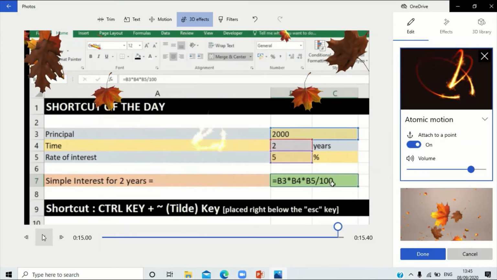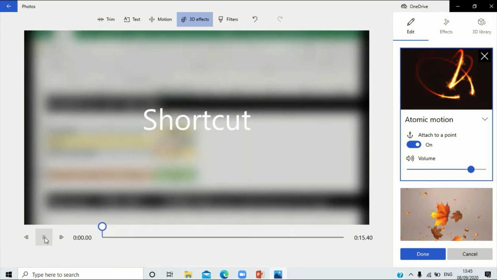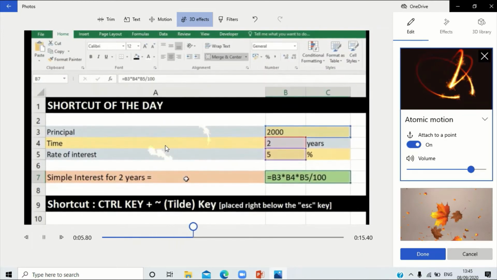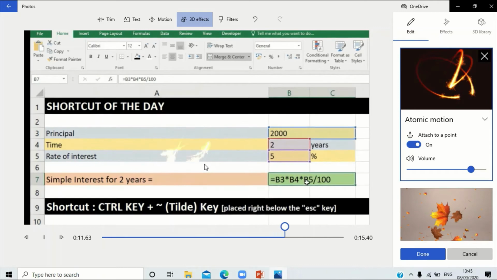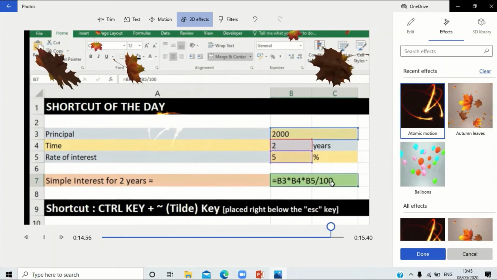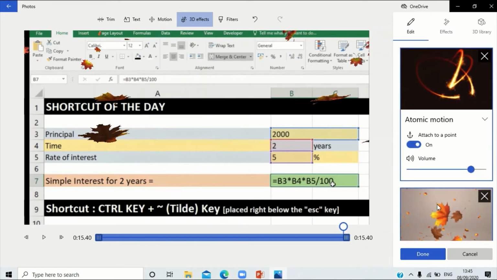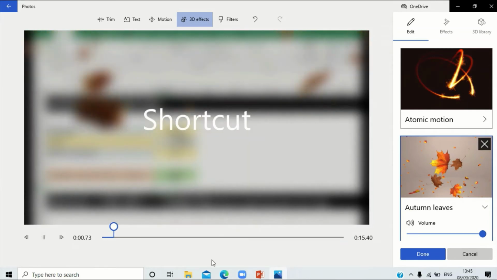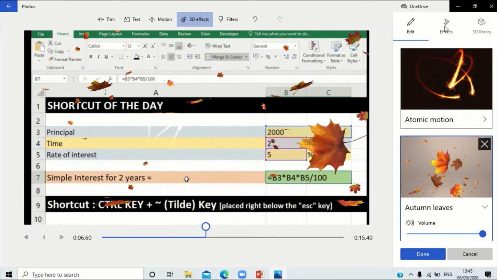Now let's see how the video plays out. So let's take the pointer to the starting and click on play. So you can see the atomic motion is already working, and it'll keep working on my screen. I haven't used it correctly here, but you can use it correctly wherever you need to indicate something. So basically these are all the effects that you have, and you can adjust each of them as required. Even suppose for the autumn one you had the duration only for the end, you can have it for the entire duration of the video, and you can have the leaves falling through the entire video and some effects here as well. So you can edit these as required.